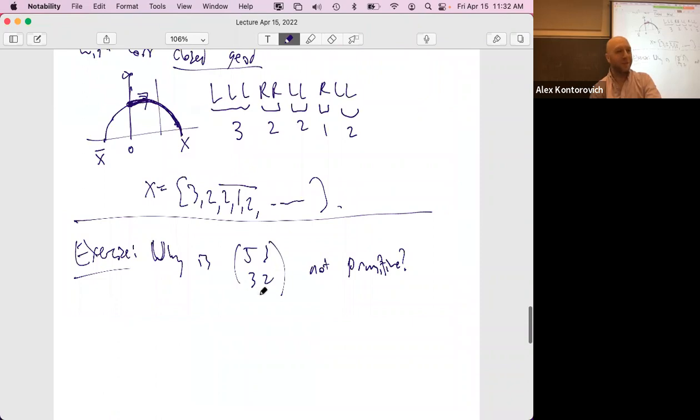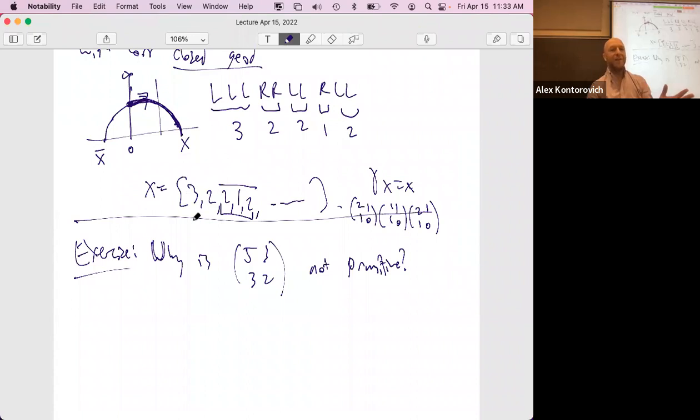So if you work out what its fixed point is, and how do you go backwards from this quadratic irrational to the matrix that gave it? If you have a matrix gamma so that gamma x is x, well, you can work out what that is. It's exactly this matrix 2, 1, 1, 0, 1, 1, 1, 0, 2, 1, 1, 0. This matrix will add 2, 1, 2 to the front of x. But if x had this periodicity, okay,